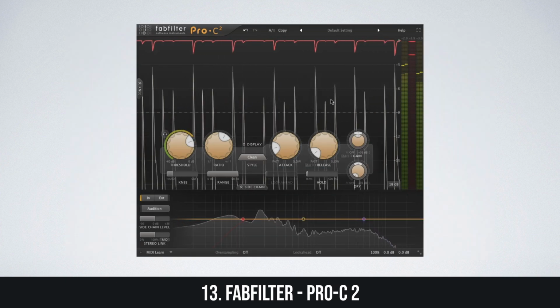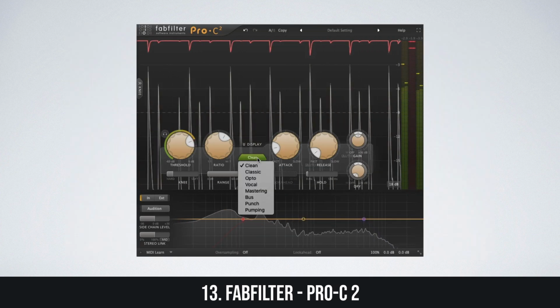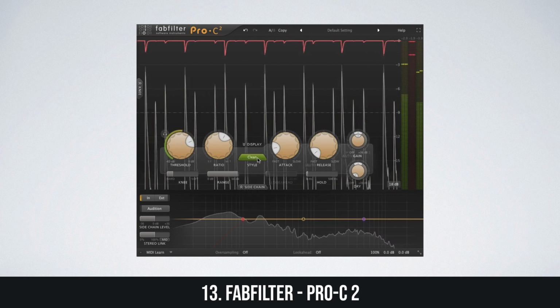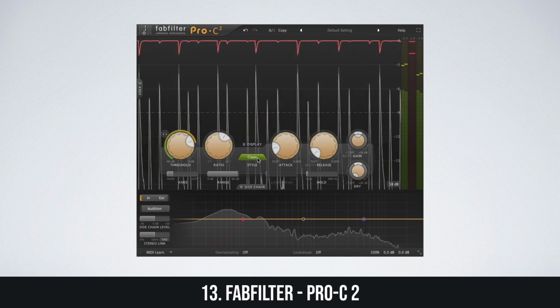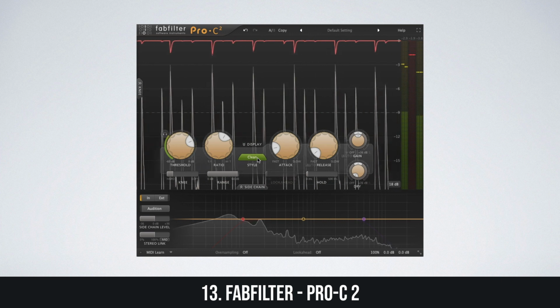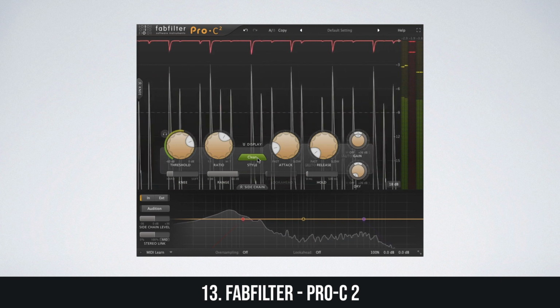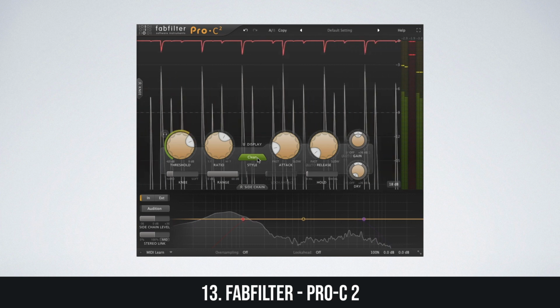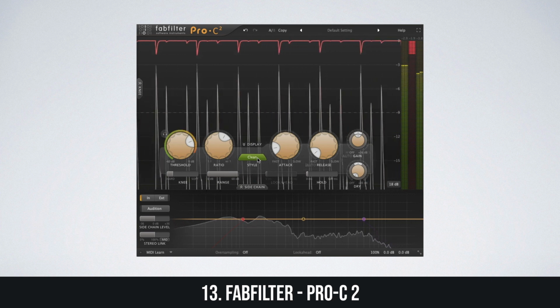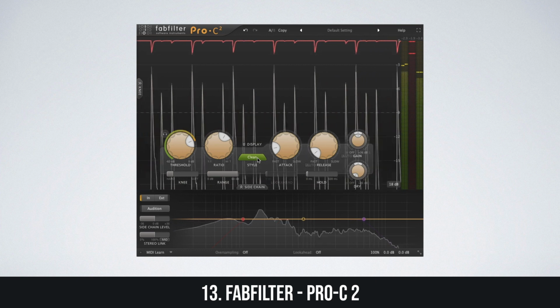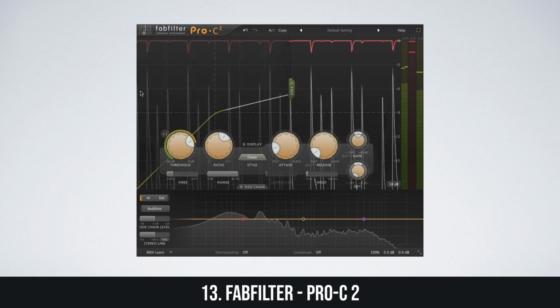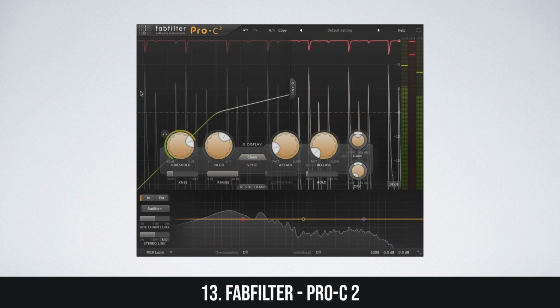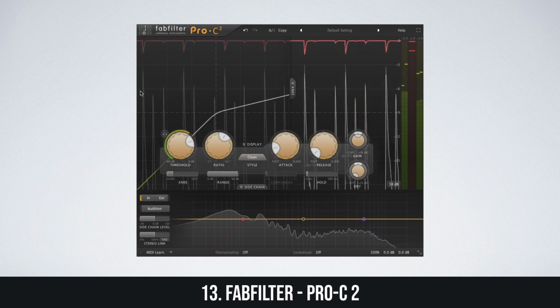The Pro C2 is a compressor that includes 8 different compression styles, smooth look ahead, up to 4 times oversampling, auto gain and auto release, a variable knee, hold, range, external sidechain triggering, variable stereo linking, and mid-side processing. Compression is a concept that's tough for new producers to visualize. The Pro C2 responds to this by providing a sizable animated level/knee display that visualizes when, why, and how compression is applied to incoming audio.